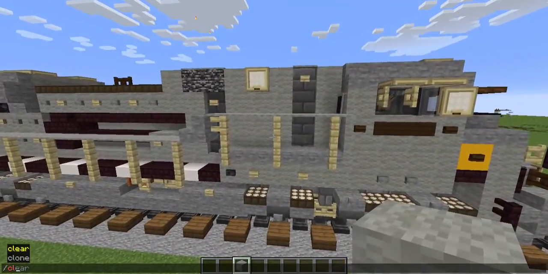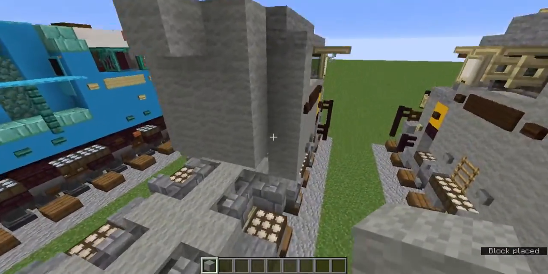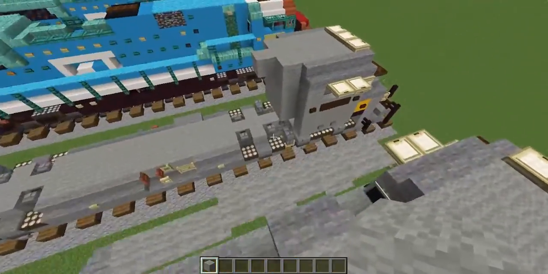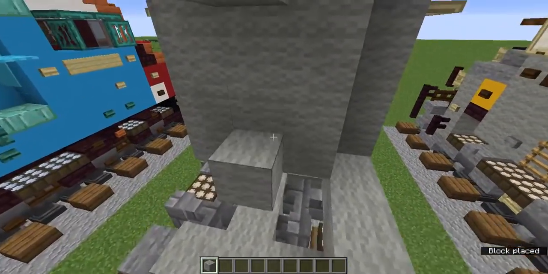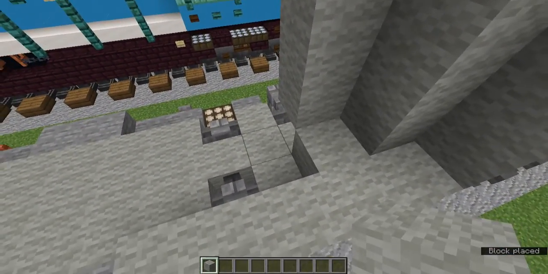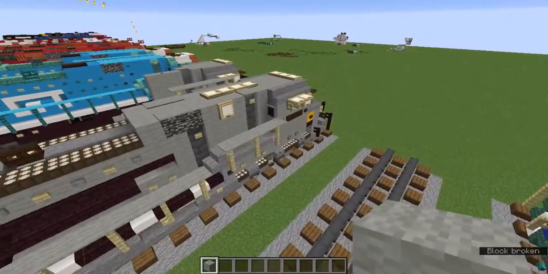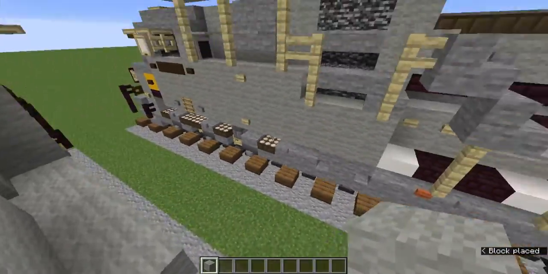And now we're gonna add a light gray wool in the middle here. And we're gonna add 1, 2, 3, 4, 5 light gray wool down here. And we're just gonna fill that row in there with light gray wool and 1 down here. And we're just gonna fill this in with light gray wool as well. And we're gonna add 1 down here,